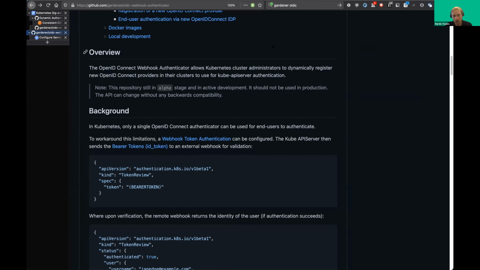So pretty much in the CAP, you are allowed to dynamically add new OpenID Connect providers, add new certificates for client-based authentication, and there was another use case. However, the CAP was not accepted, and